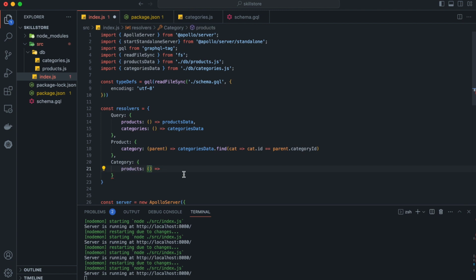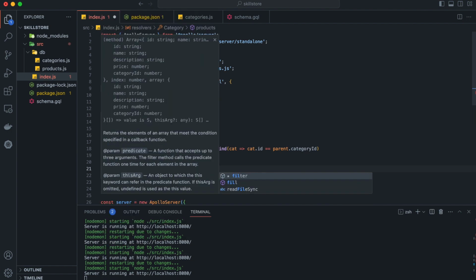As we know, the first parameter which we get in the resolver is parent. So we can get category as parent here, and we can utilize this parent object to find out the products that belong to this category. Since we need to return products, I will copy the products data from here. I will try to filter it,